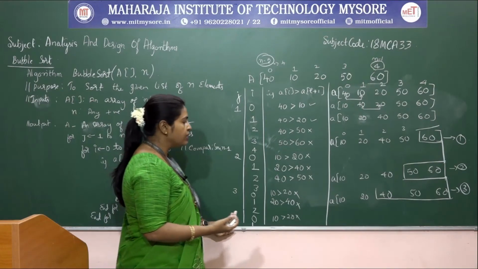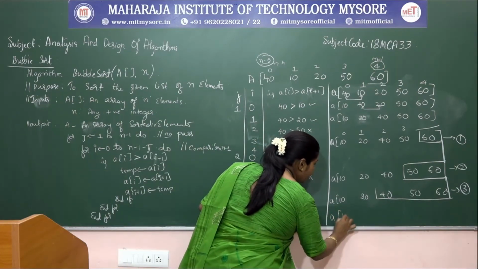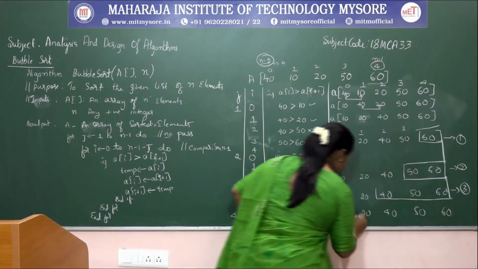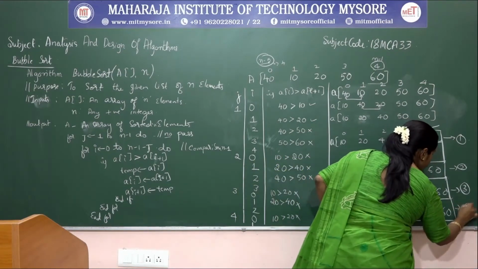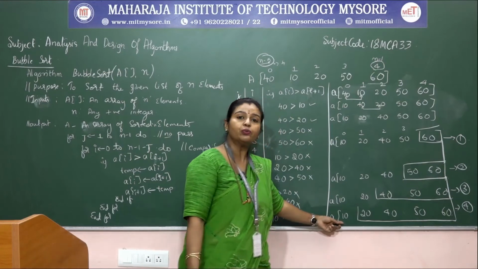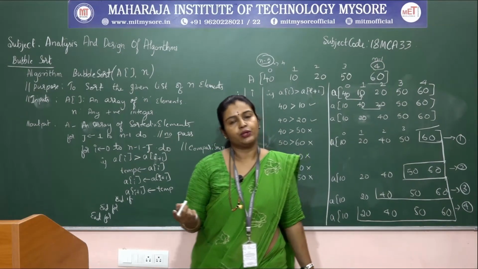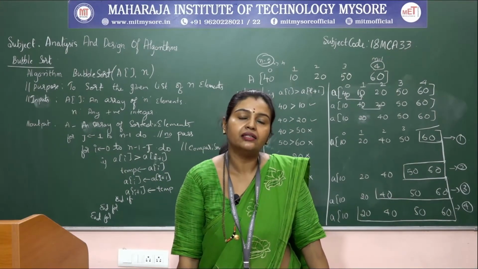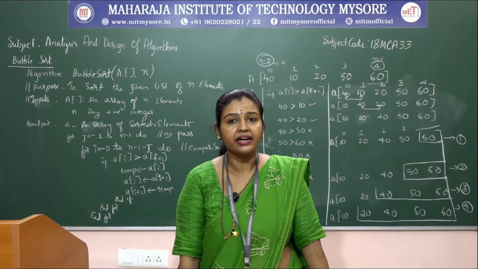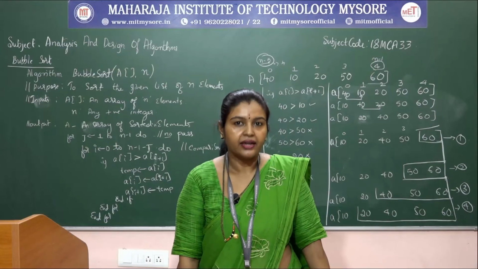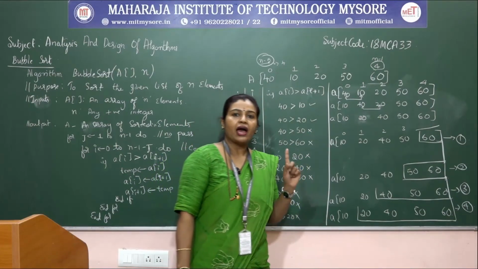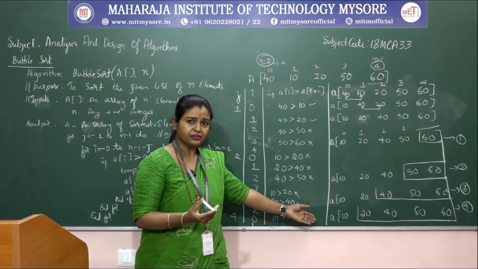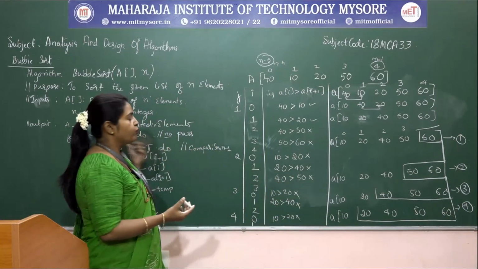Before that, after the fourth pass, your array elements will be 20, 40, 50 and 60. Up to these elements got sorted, and only one element remains. As we know, if you have only one element, how can you do sorting, right? If you don't have another element to do comparison, how can you say this is the greatest one or the least one? We can't say that. So if you have only one element, there is no need to go for sorting. So we will end the passes here, and this for loop will terminate.